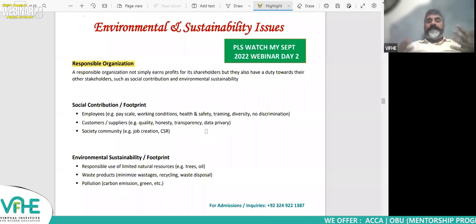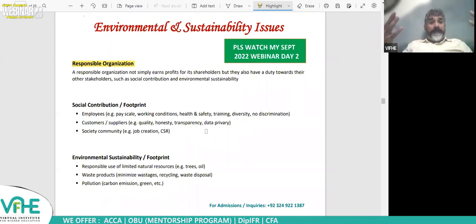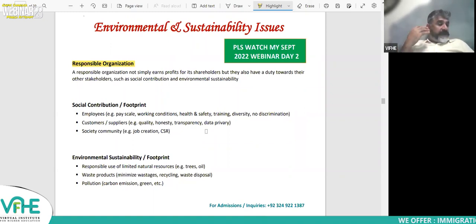And of course, responsible leader or responsible leadership, same mindset that you are responsible, you are mindful of other factors as well, other than the shareholders, right? You just don't focus only on the shareholders. You also take into consideration other stakeholders as well. Do not cause them damage or losses.